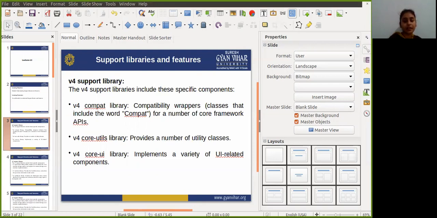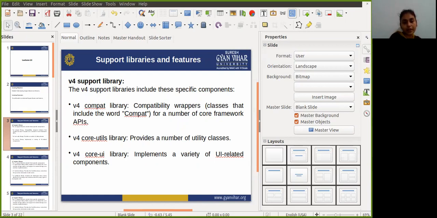In this lecture we will mainly describe the importance of features provided by the libraries in the Android support libraries. So we will understand many of the features described in this chapter. Okay, so let's first understand the v4 support library. What is v4? V4 is the version 4 support library. The v4 support library includes a targeted set of APIs compared to the other libraries, including support for application components and interface features.